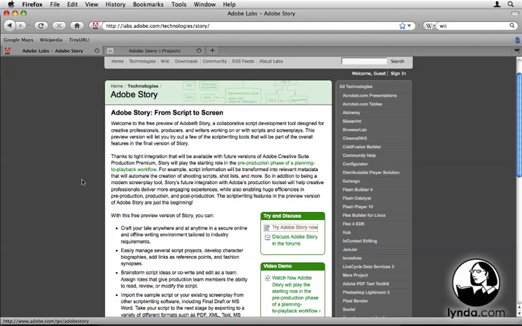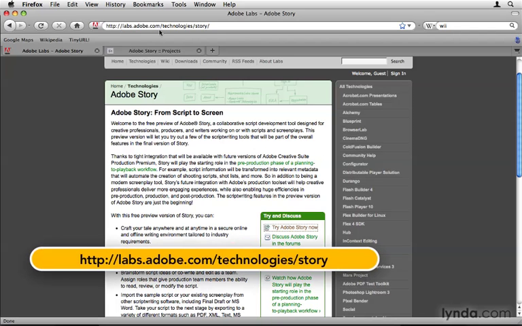Now, this last app I want to show you is very different than the others. It's called Adobe Story, and you might not have heard of it before. It's a brand new emerging technology. Currently, it's absolutely free. You'll find it on labs.adobe.com, which is a great place to go because Adobe always puts